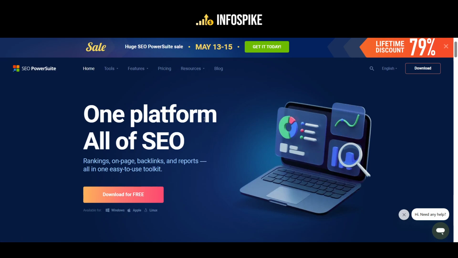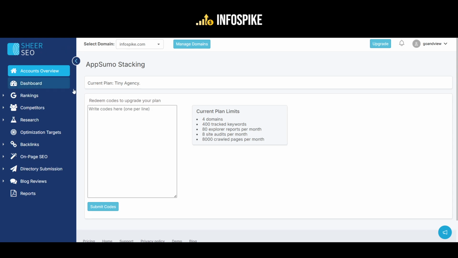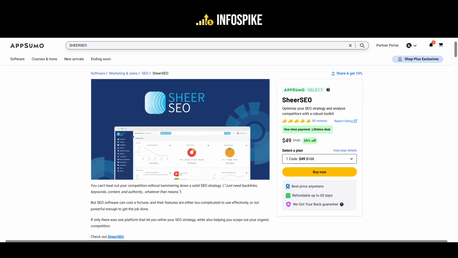And this is something that I want to showcase today and compare it to this, which is SheerSEO, just to show you that I am a customer. I bought it through AppSumo, which I'll be showing you soon. I'm not going to go through a full demo, but I want to give you some of the key points,